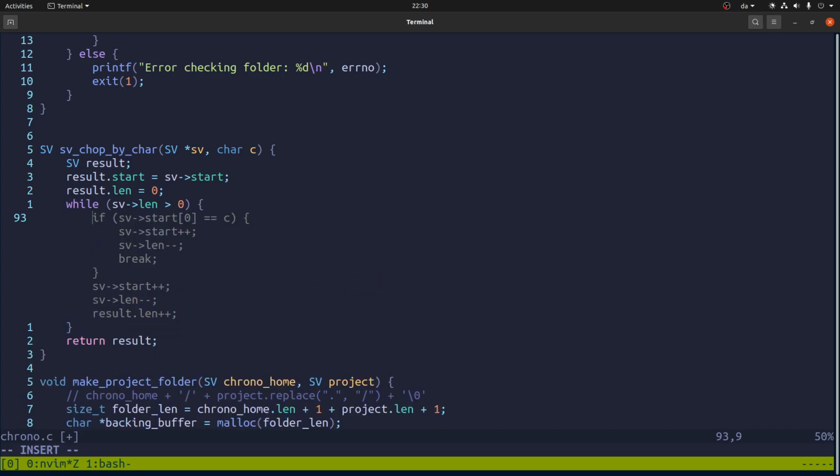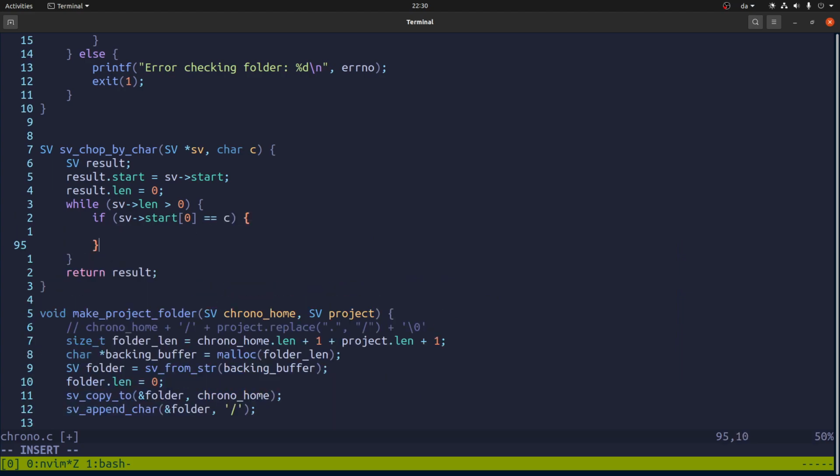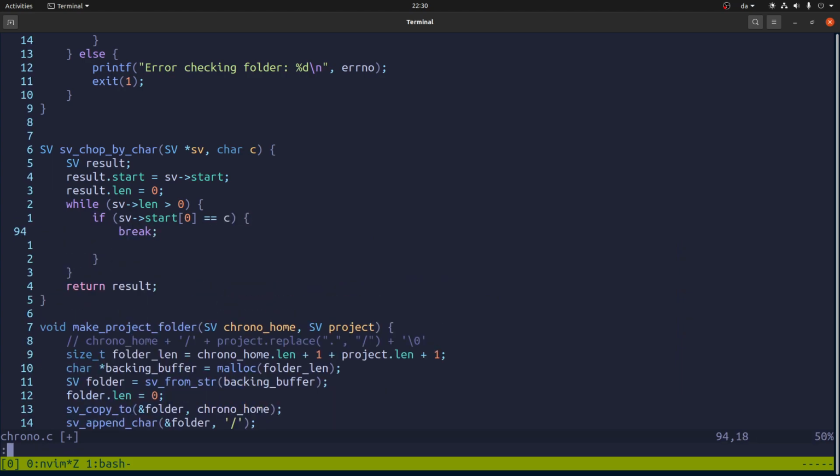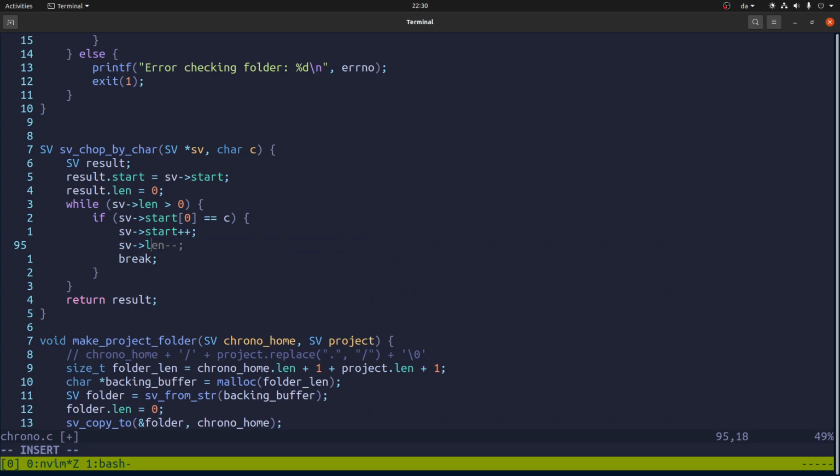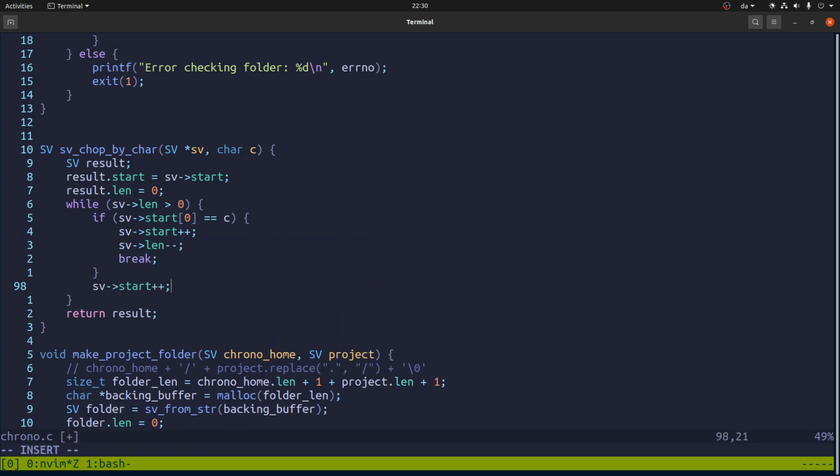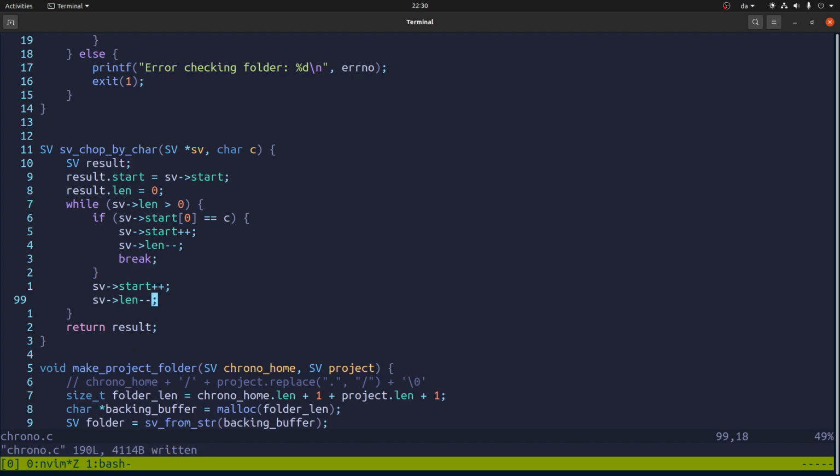So what are we gonna do? If the current character is equal to this, we can just break. But actually we want to do a little bit more because we also want to skip that. Right, but if we're not at that one yet, we'll do this stuff,